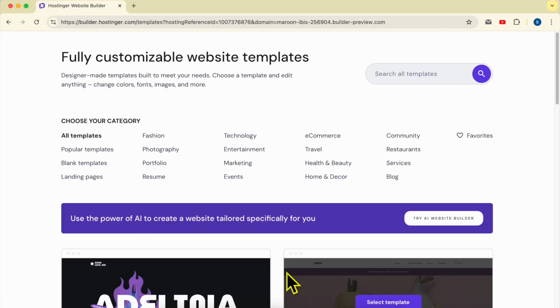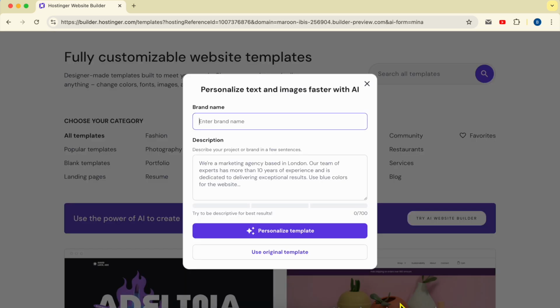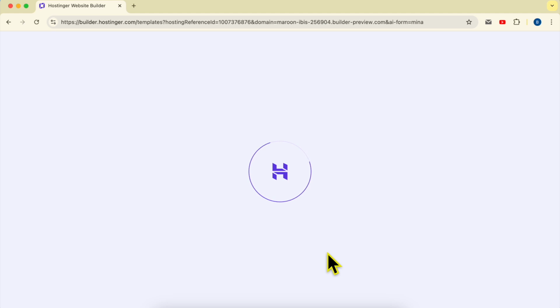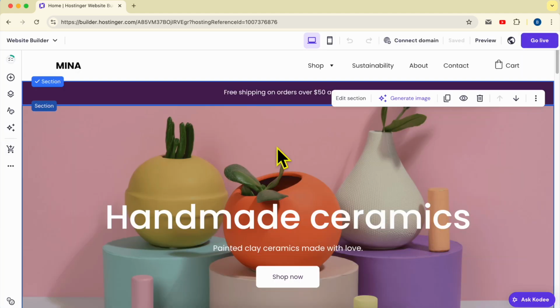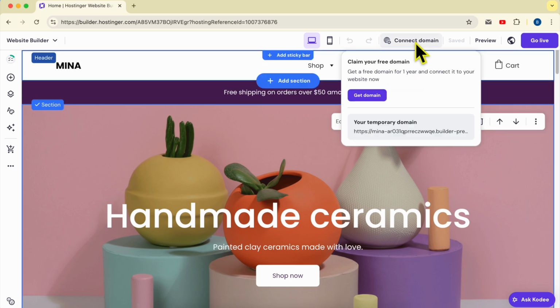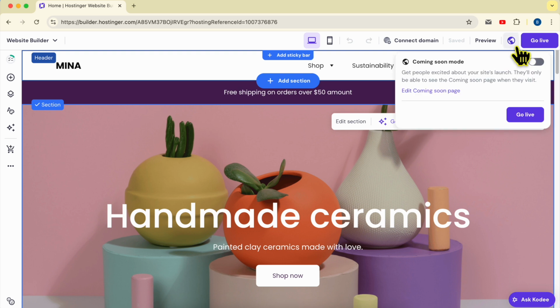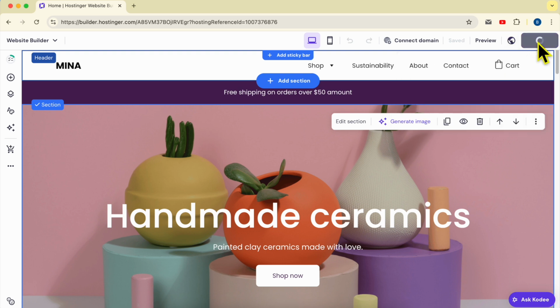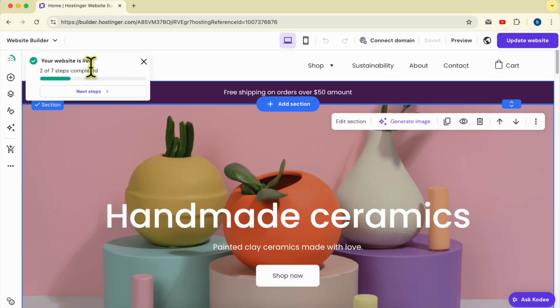Let's use pre-made templates. Let's use the same template I was using before. Here, select use original template. Now that my website is reset, because I was using this template, here click on connect domain, click on I think connect your domain or something like that. In my case, I have a free domain that I didn't register yet, so I get this button called get domain. But in your case, just click on go live first to publish your website,